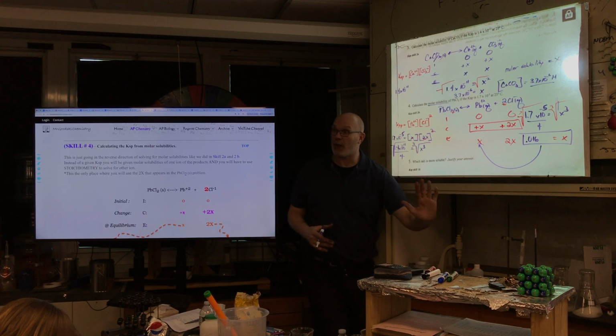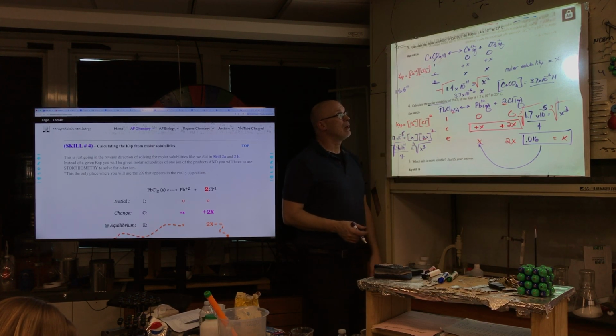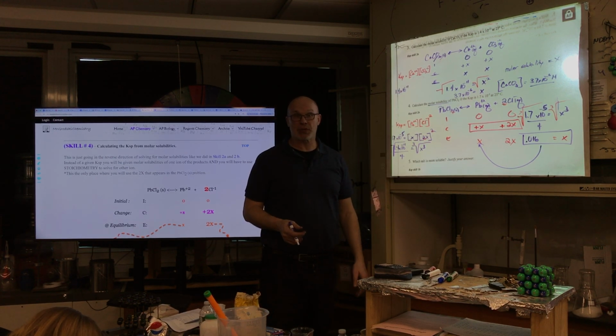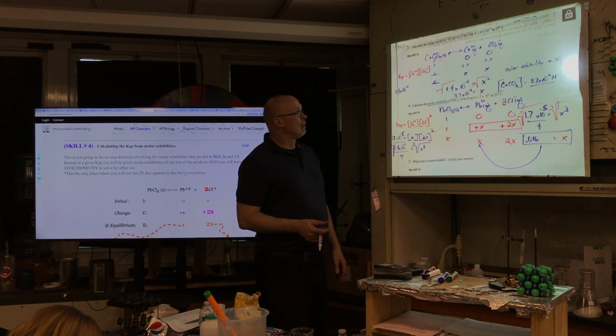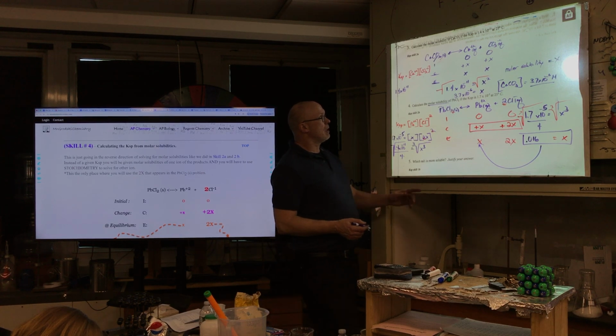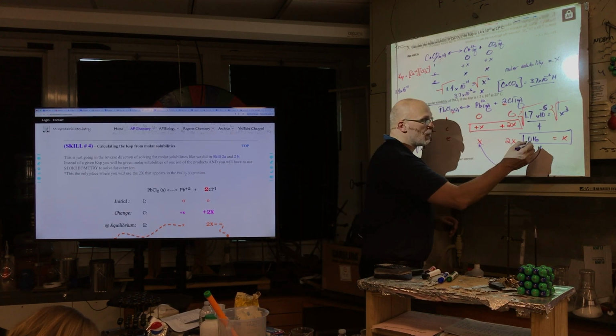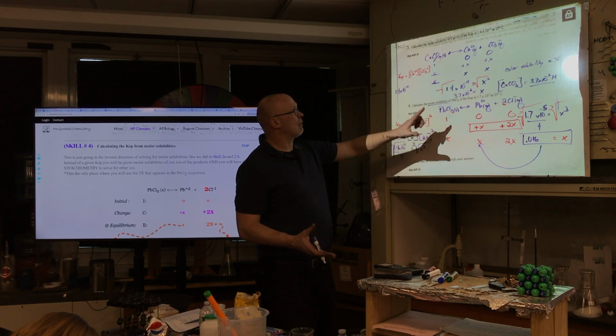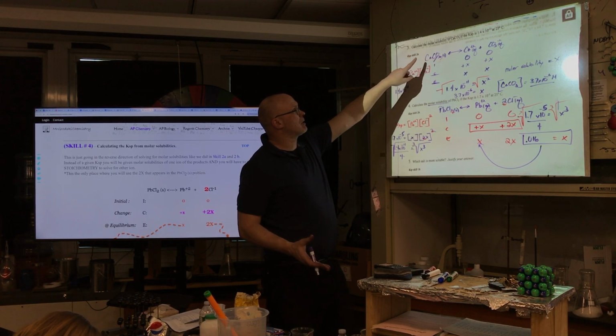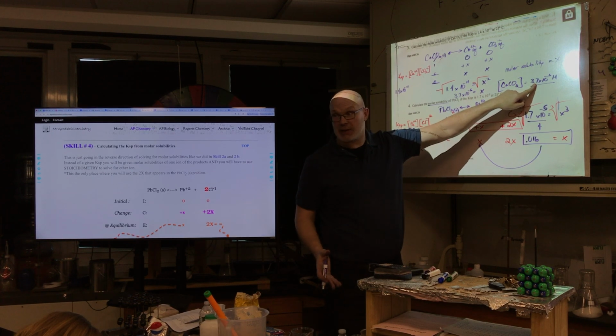So we solve for x. Okay, of the 2 salts, who is more soluble? PbCl2. Yeah, because in PbCl2, the molar solubility is 0.016, and for calcium carbonate, it's 3.7 times 10 to negative